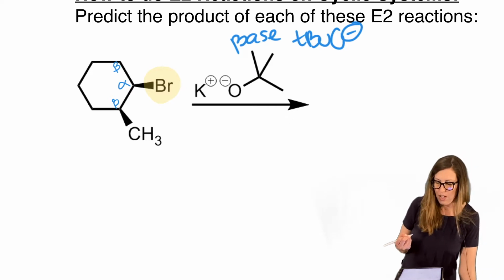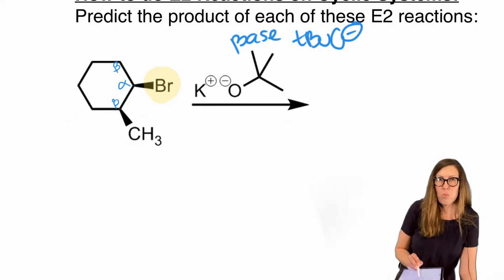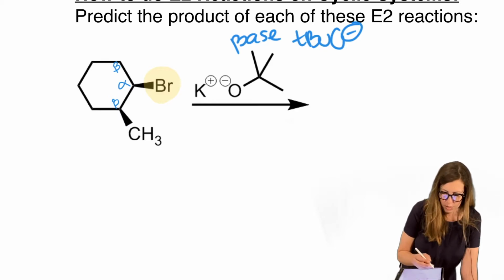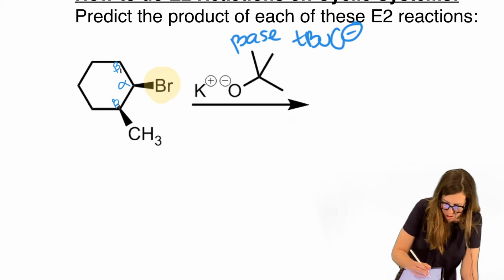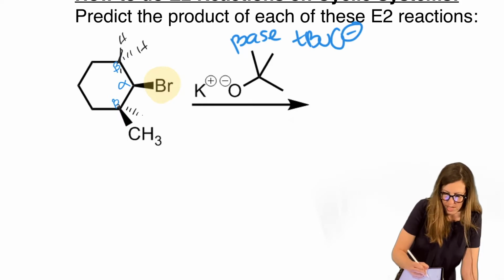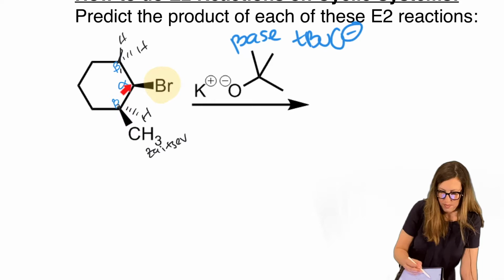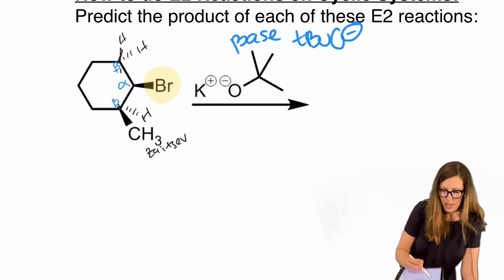Determine whether we want to go Zaitsev or Hofmann. Well, this is not over the top enormous. We don't have like big T-butyl groups coming off everywhere. We also have a borderline bulky base, so we're going to go Zaitsev. So between these two betas, if I call this beta 1, beta 2, beta 1 has 2 H's on it. Beta 2 has only 1 H. This would give us our Zaitsev product, right? If we put our pi bond here, it's more substituted than if we put it here. So we want this one. We want beta 2.